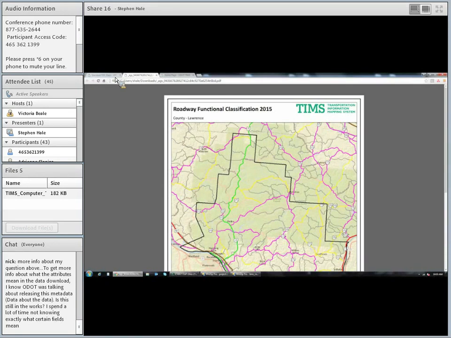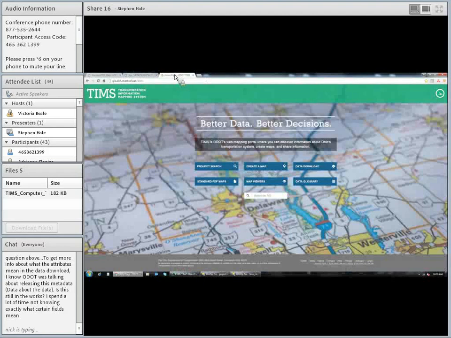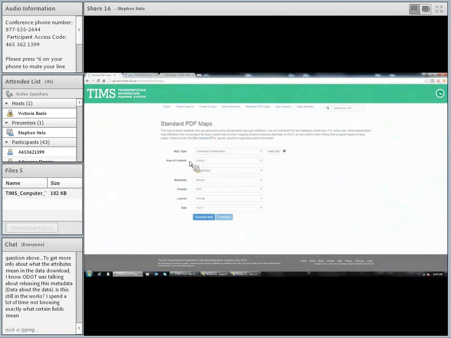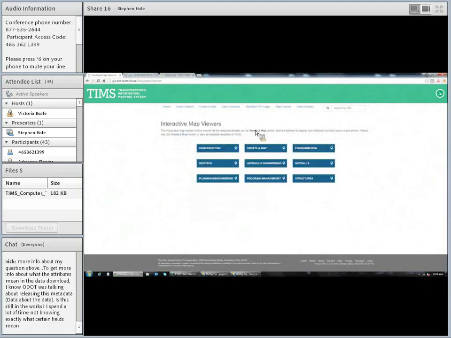Okay, so one last item here that I'll touch on is the map viewers. So these are some more focused viewers that are limited content. It's very similar to create a map, but you can come into one of these. So let me do, for example, hydraulic engineering. So this looks just like create a map, except if I come here to my set visible layers,